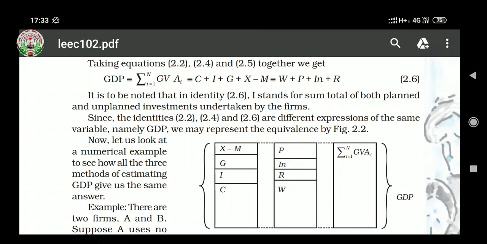I stands in this equation for the sum total of both planned and unplanned investment undertaken by the firms. Since the identities 2.2, 2.4 and 2.6 are different expressions of the same variable, namely GDP,